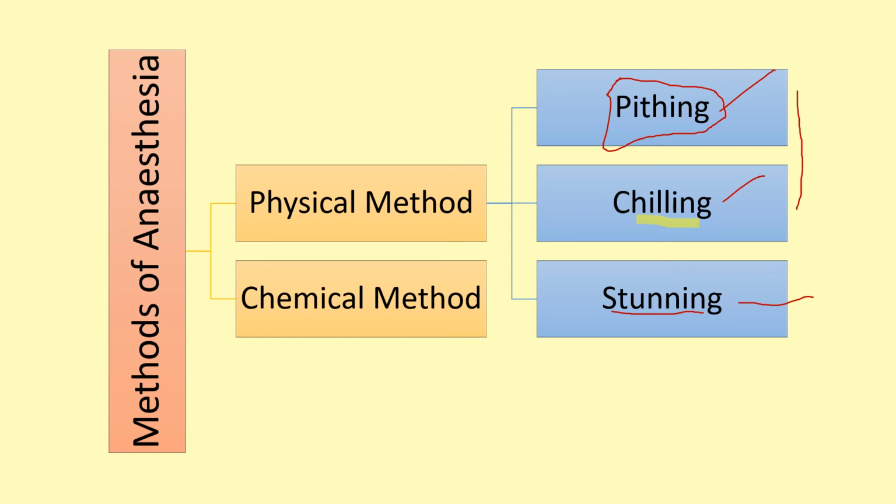After I store the frog in the refrigerator and remove it from the refrigerator, I will carry out the same way. I will hold the frog in the left hand. The dorsal part will face towards me. I will pass the pithing needle from the dorsal part. Where I am going to find the cavity, I am going to insert the pithing needle. I am going to rotate it so that the connection between the brain and the spinal cord is destroyed.